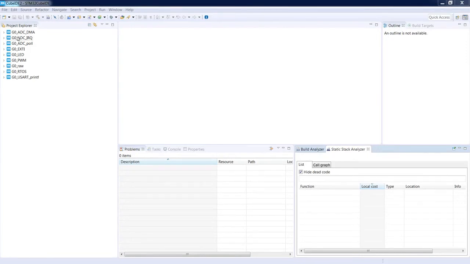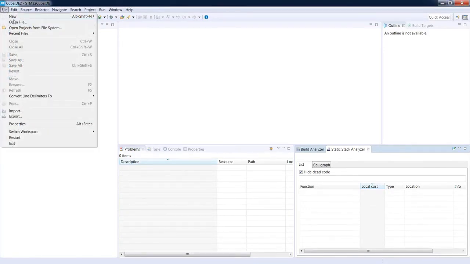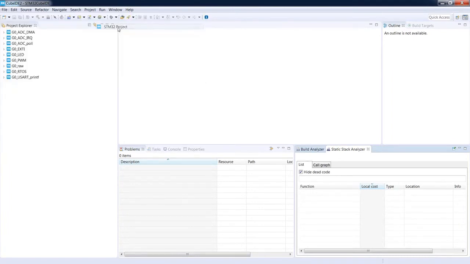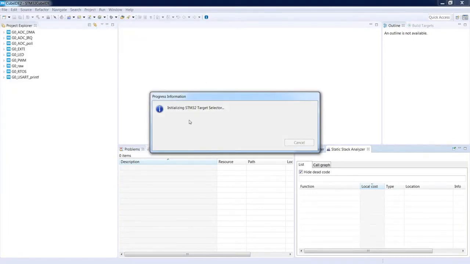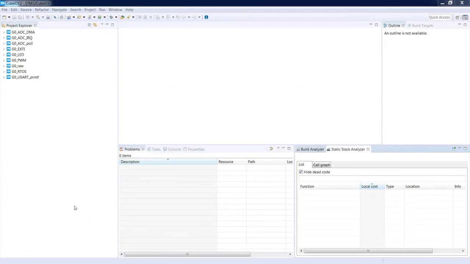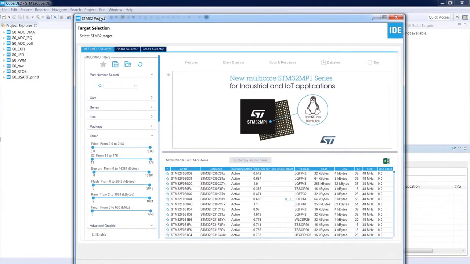To demonstrate this application, I will create a new project in an existing workspace. So I'll go to File, New, STM32 project. Again, I'm going through the STM32 target selector. We can, of course, estimate current consumption for an existing project, but in this case I would like to demonstrate some particular settings. So we select exactly the same